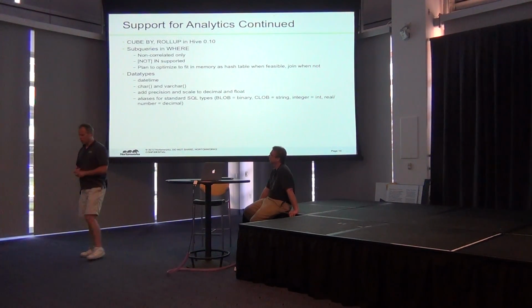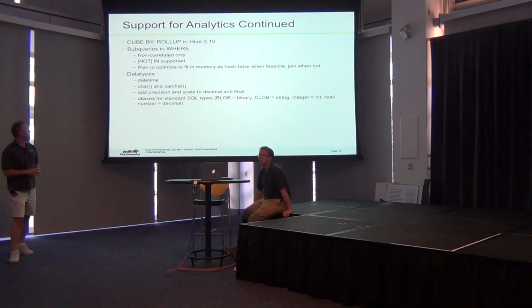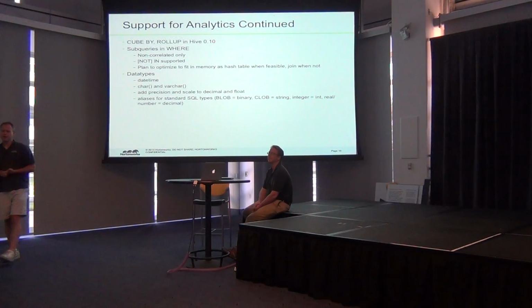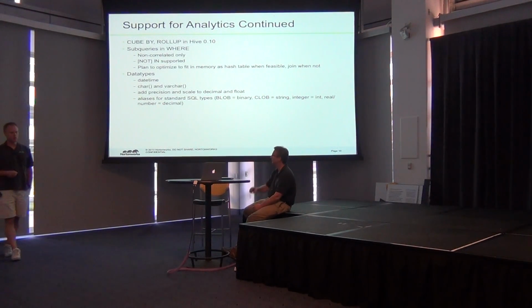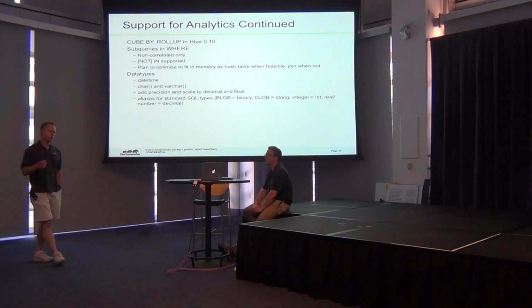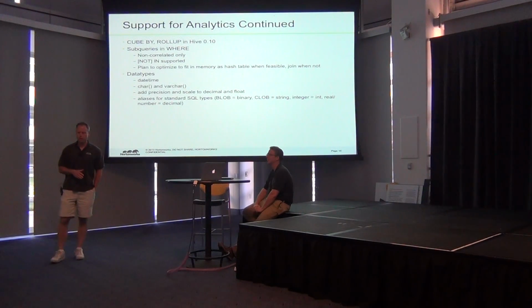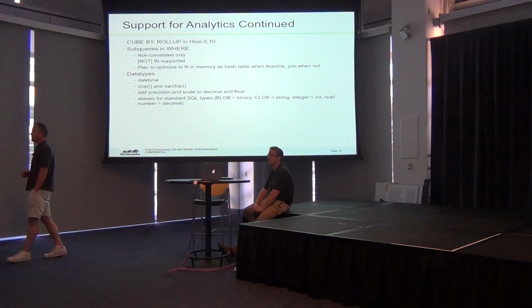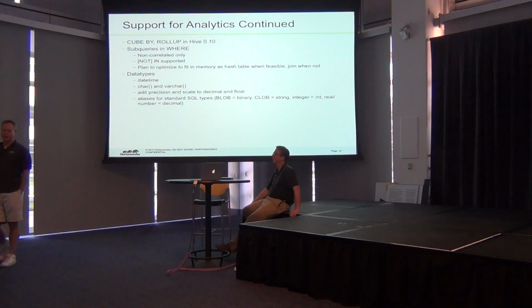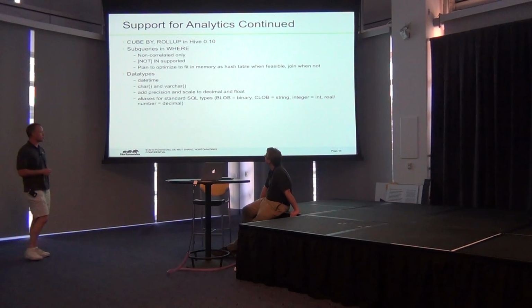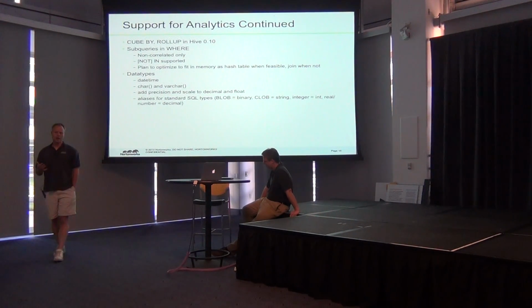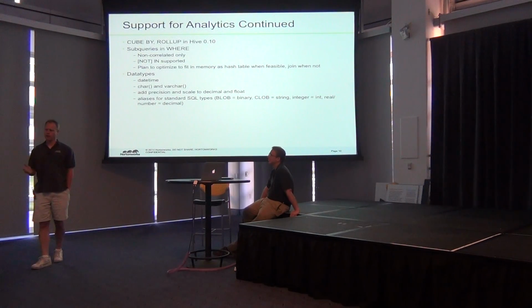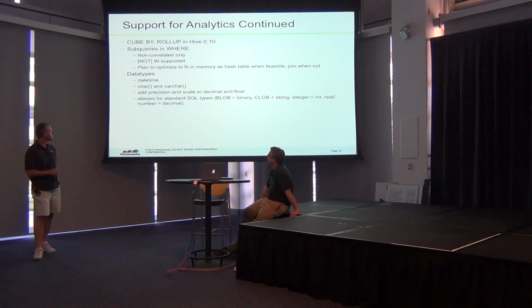All right, some more analytics work. Group by rollup has already been added to Hive. That went in 0.10. You see a lot of people say they'd like to do subqueries. So there's plans to start work on adding subqueries in the where clause. Hive can already use subqueries in the from clause, right? But we'd like to be able to do it in the where clause, with plans to start work on that soon. This will not be a Hive release. The first pass is we plan to support in and not in for non-correlated subqueries only. Doing correlated subqueries will come along later.